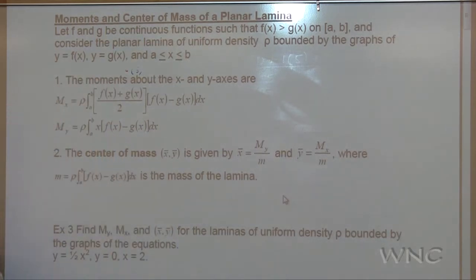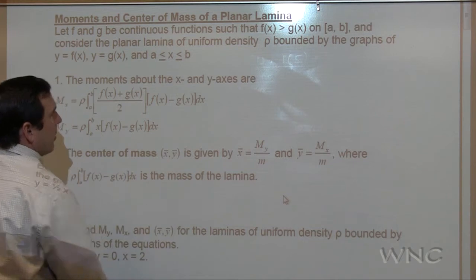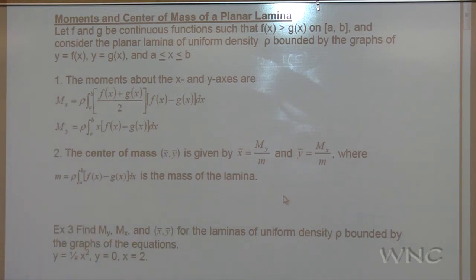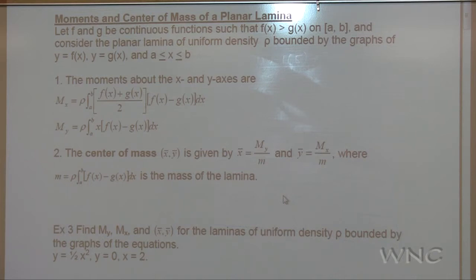Let f and g be continuous functions such that f of x is greater than g of x on the interval from a to b. And consider the planar lamina of uniform density rho bounded by the graphs of y equals f of x, y equals g of x, and x between a and b. The moments about the x and y axes are